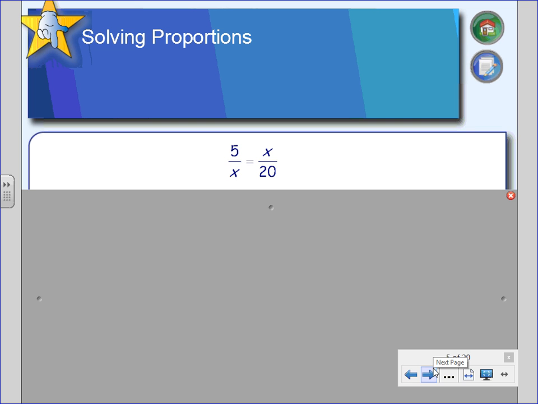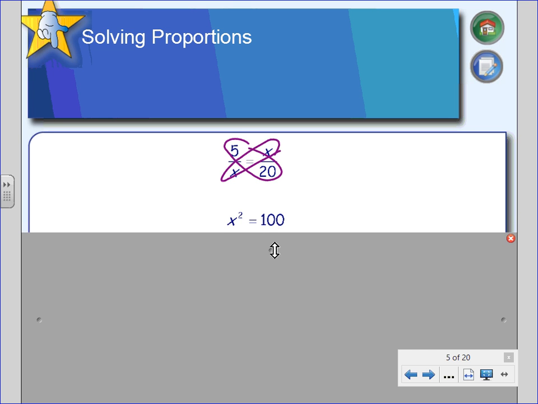Here's another one. So when we set up the cross multiplication here, we'll do x times x and 5 times 20 and set that equal to each other. So x times x, if you'll remember, multiplying variables, we add their exponents, so this becomes an x squared equal to